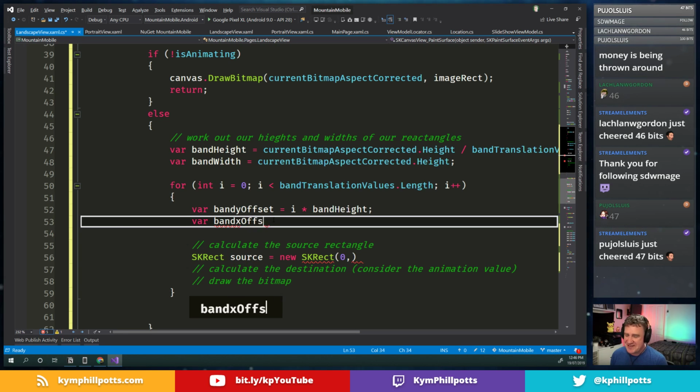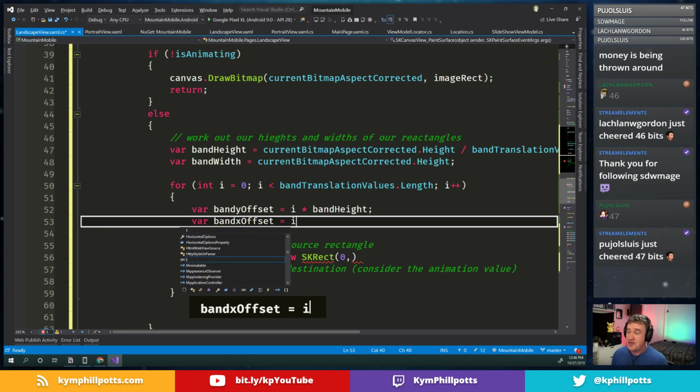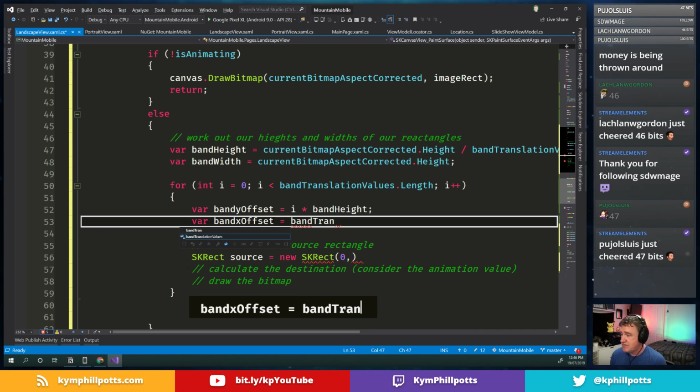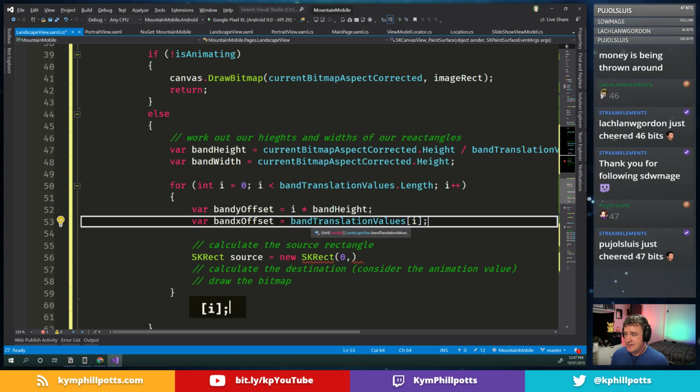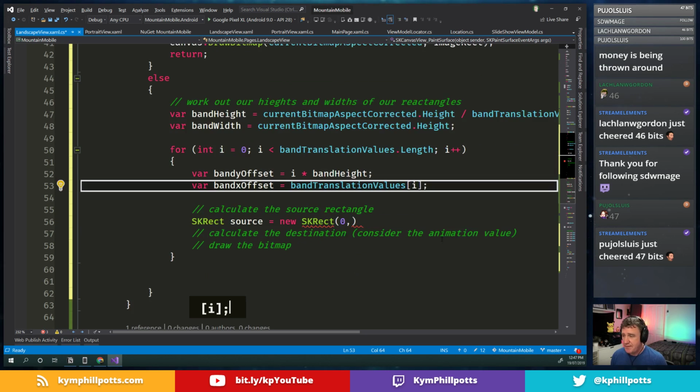Band Y offset. So this is where each band should be drawn, and this is going to be based on those band transition values. So these are the animated values. Something like that. I think that will do it. Okay. So now